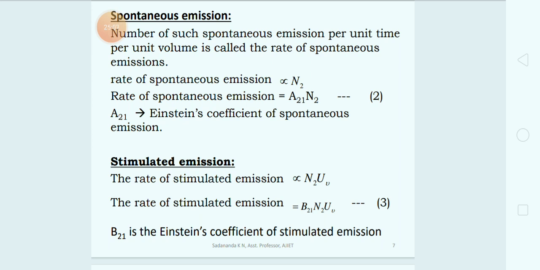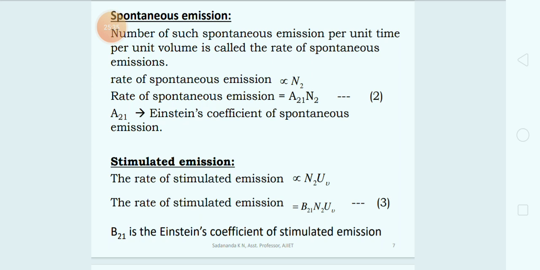Now the system requires an external photon of appropriate frequency, that is nu equal to E2 minus E1 by h, to stimulate an atom for the corresponding downward transition, and thereby cause an emission of stimulated photons. The energy density U nu has a role to play in this case. So it is quite obvious, we know the definition of stimulated emission,